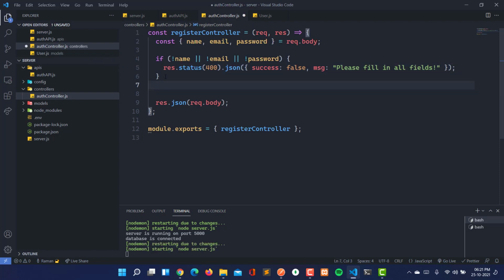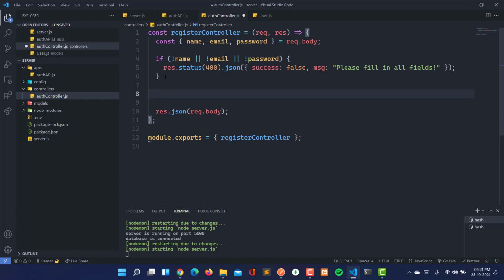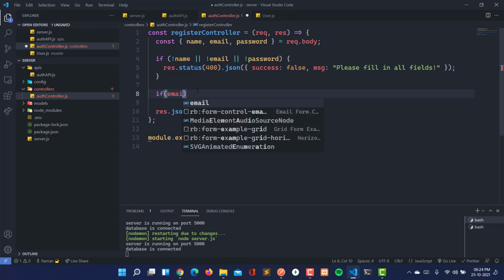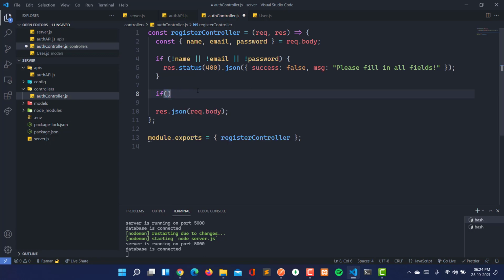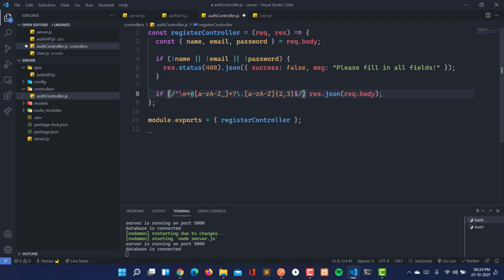So first of all here we will check if the email is correct. We have to check that also. So here we are going to use the regex to check if the email is valid or not. Now I have the regex here, so I am going to apply the condition with the email and this regex.